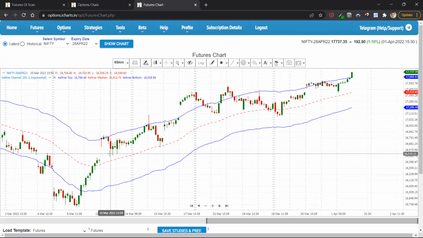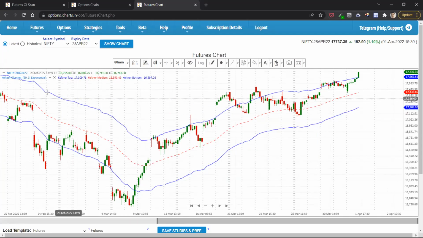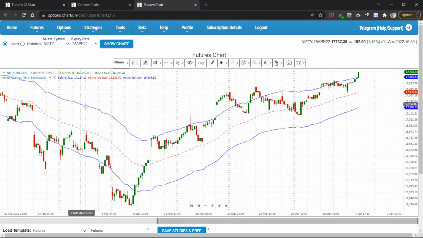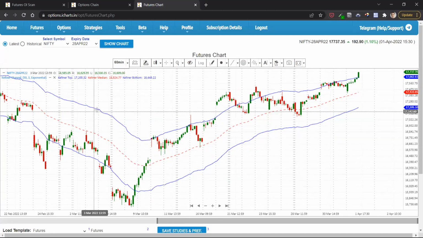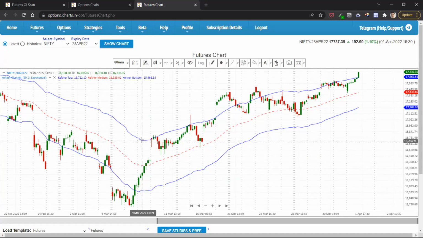Once a trend is identified, for me, once the upper band of the QnA channel breaks, this is the falling upper band, and this is the lowest point of that upper band. Once there is a close above this, on whatever time frame I'm watching, for me the trend has changed. And once the trend changes, and the first hour has also broken out, the price has broken above that,